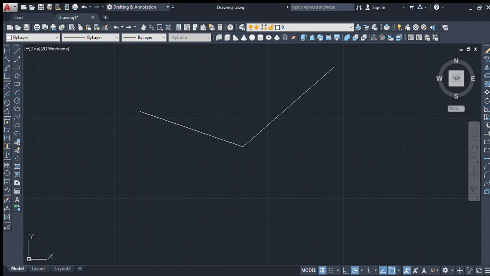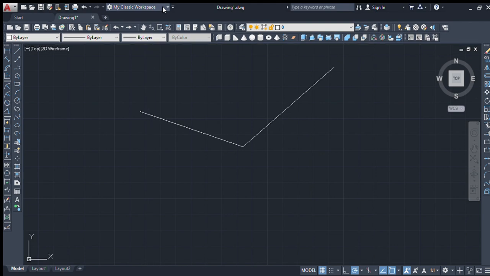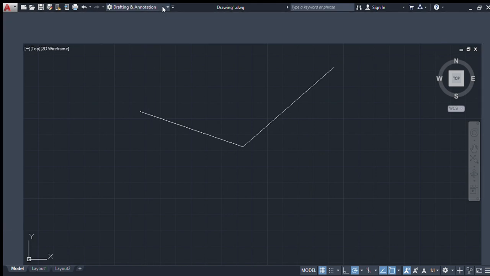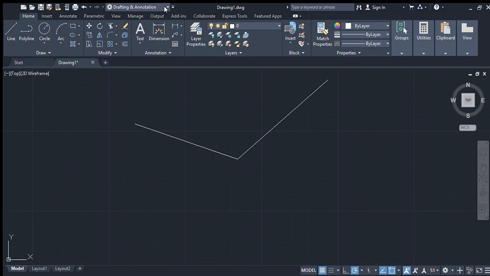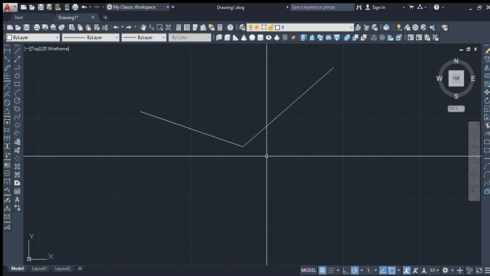So I'm going to put my classic workspace. And I'm going to save it. Now watch this. If I go back to the defaults, see that? Everything goes back to normal. And then when I click on mine, it goes right back. So it's actually saving your workspace, which is really cool,